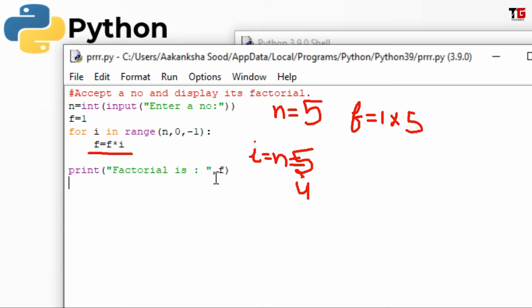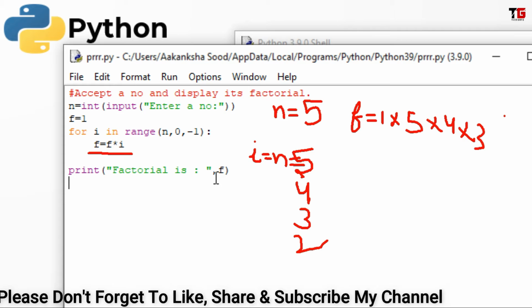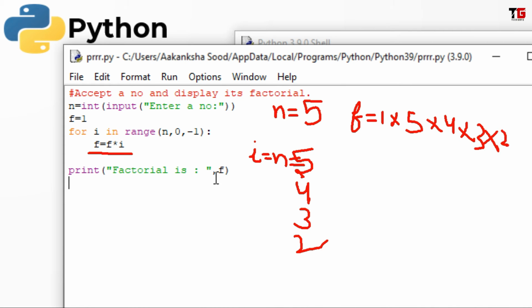Then loop will run for 4. We will get 4 here. Loop will run for 3. We get 3 here. 2. Then loop will run for 1 also. Alright friends, so 5 into 4 into 3 into 2 into 1, it is 120. That's our output. Friends, this is the first method to calculate the factorial of a number.